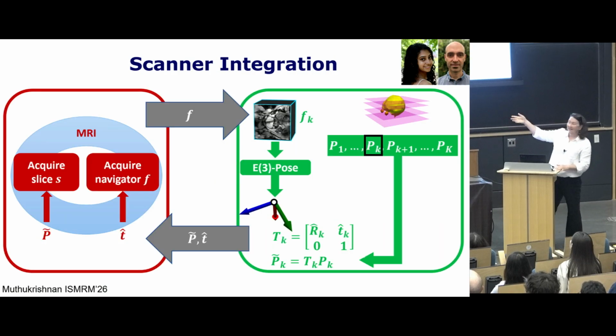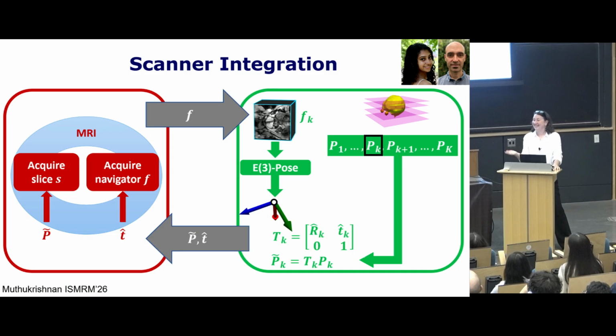So the red is the scanner, and it acquires the slice and the navigator scan. I basically bought the most expensive laptop I've ever paid for because it had a really good graphics card. That's what I wanted, the GPU. Rami, a graduate student who's leading this, has the fanciest laptop in our group, and she has a USB cable that she plugs into the MR scanner. On that cable goes the navigator.